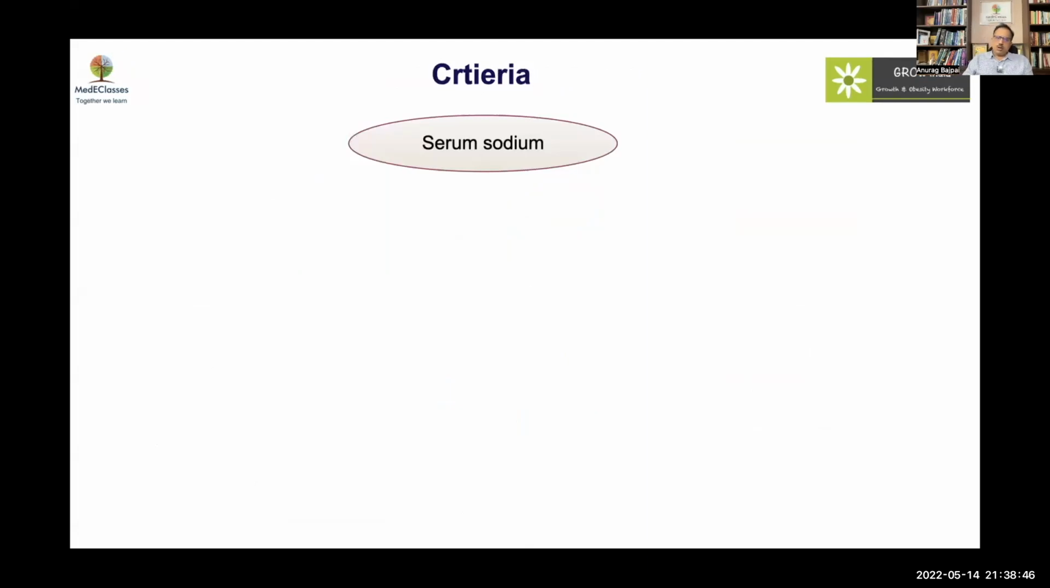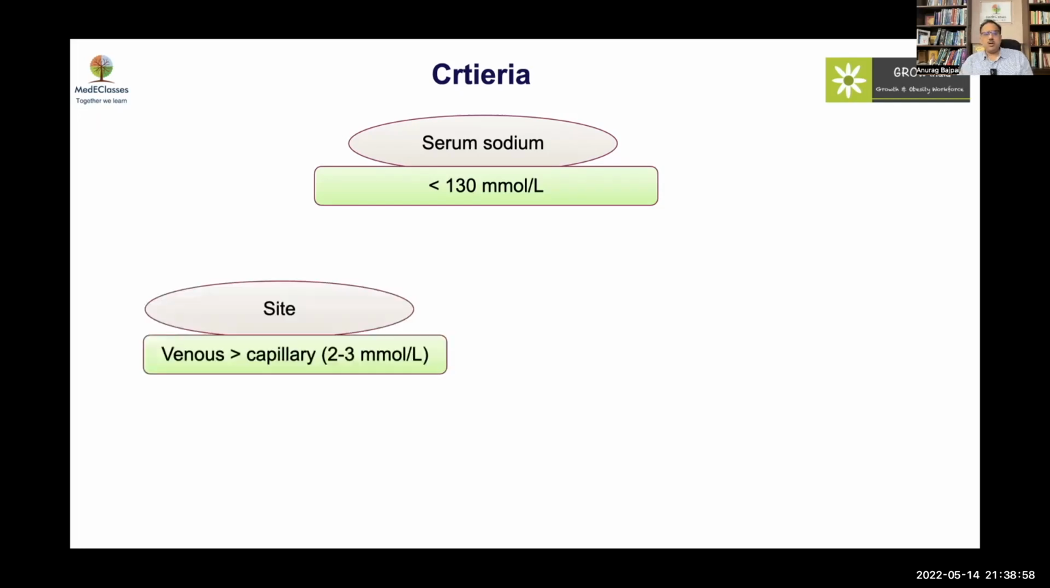Now, very importantly, what is hyponatremia? So sodium levels less than 130, I would say, is significant hyponatremia. Otherwise, people talk about 138 and 135, but what we are really talking about is less than 130. Very importantly, you should always do venous sampling. If you're doing it from the capillary, it may be erroneously